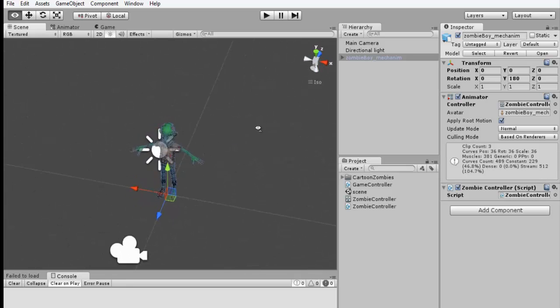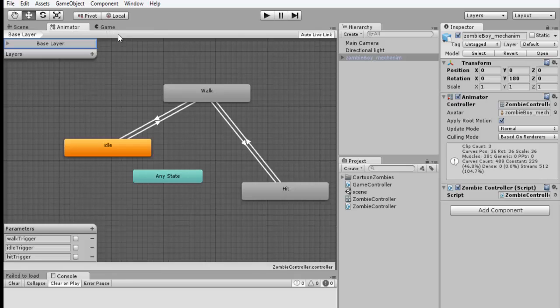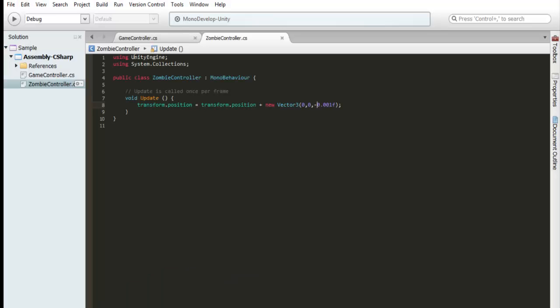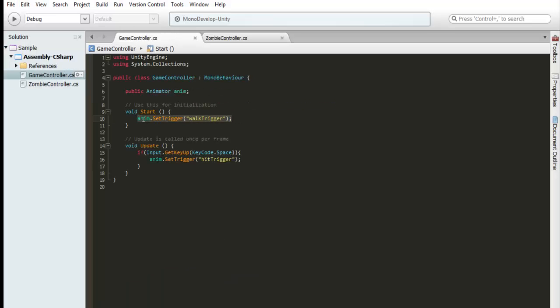So we have created an animation controller, attached it to the animator component, added transitions to that animation controller, added states to that animation controller, connected those states using transitions, and we can trigger those transitions from one state to the other using these triggers. The next thing we've done is we've learned how to programmatically trigger these transitions using the animator component